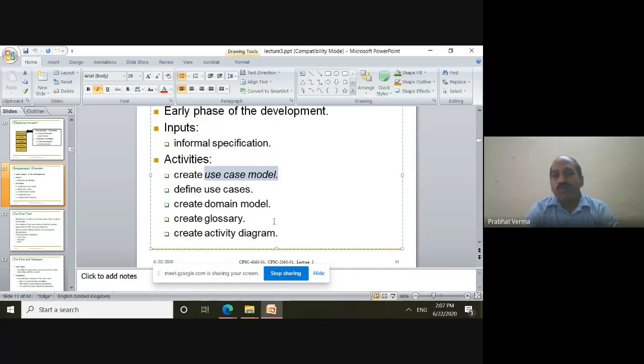The domain model is elaborated in the form of the class diagram, and the use case model is elaborated in the form of behavioral diagrams, like the event trace diagram or sequence diagrams, the scenario, or the state transition diagram.